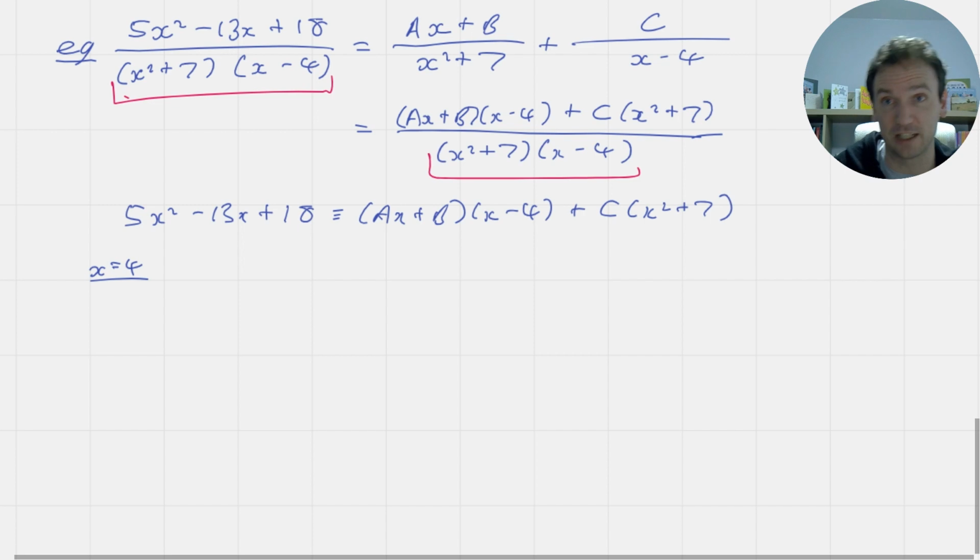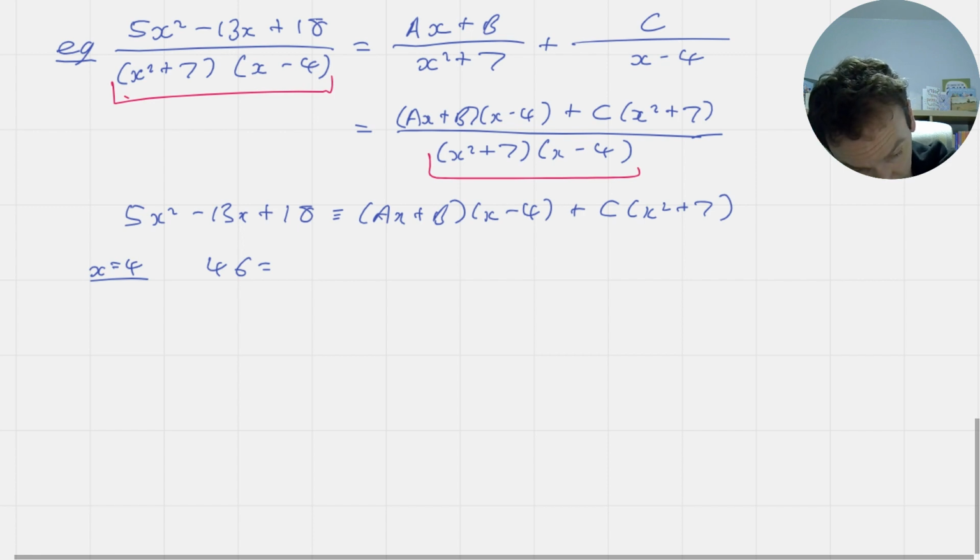I'm going to get my calculator out here. So 5 times 16, then subtract 13 times 4 plus 18. On the left-hand side, you're getting 46. And on the right-hand side, you're getting the